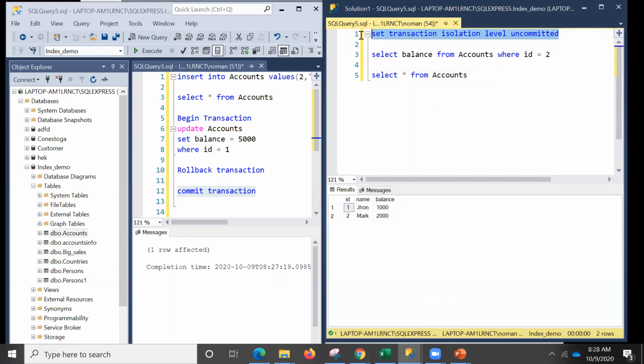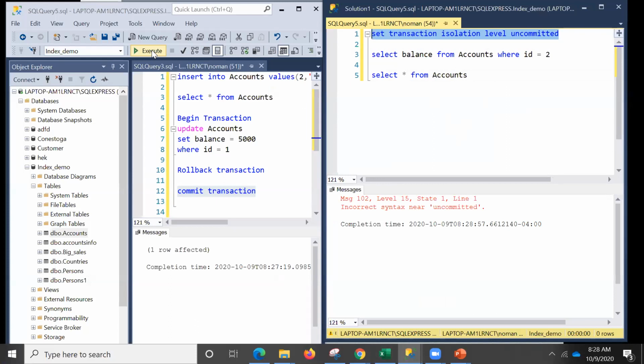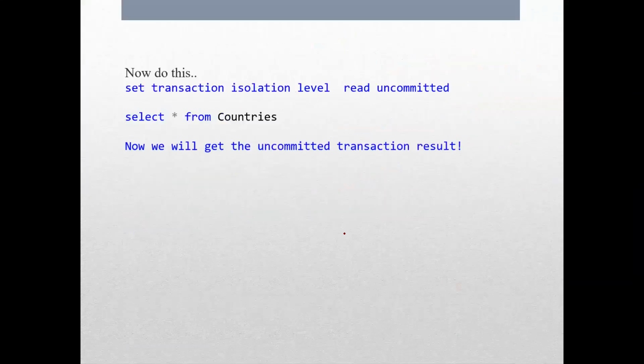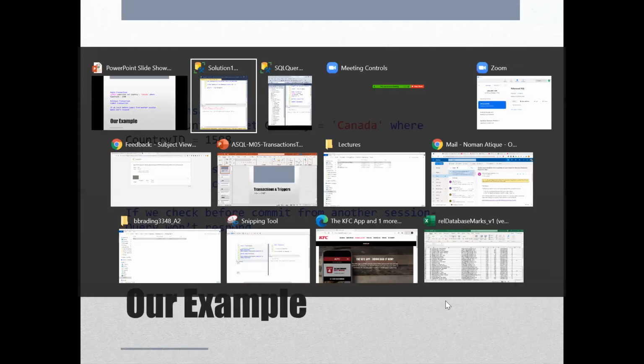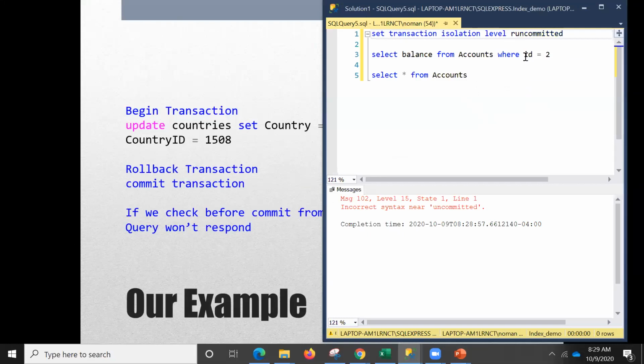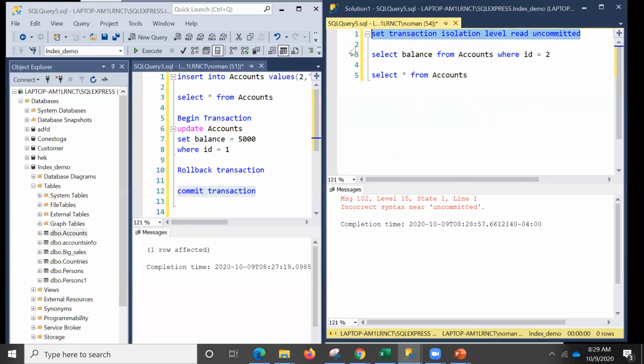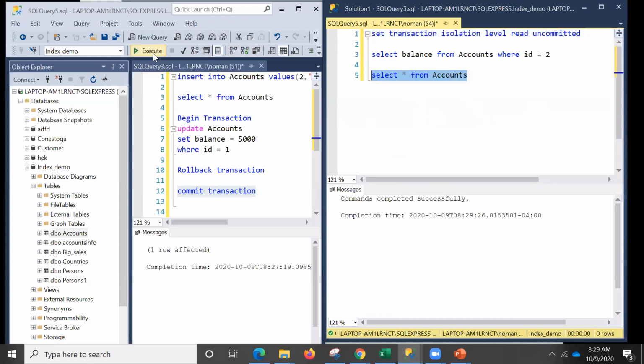Let's see if that works for this query. Set transaction isolation level uncommitted. What is wrong with it? Oh, read uncommitted. Sorry, I have to do read uncommitted. All right, so now if I do that and run it, it's successful.